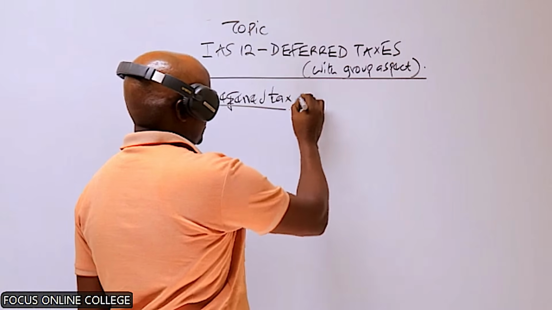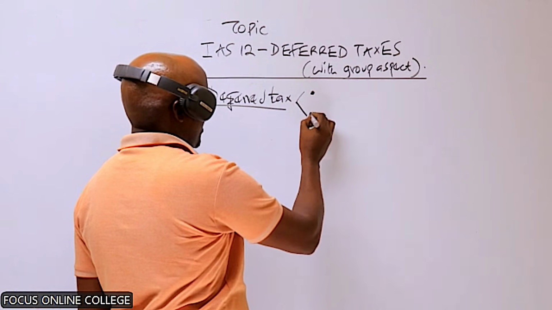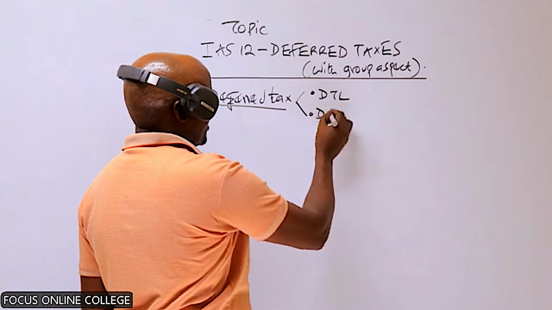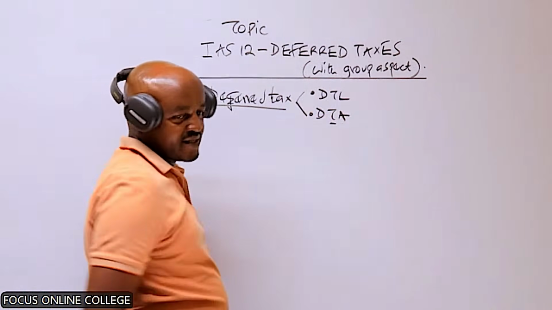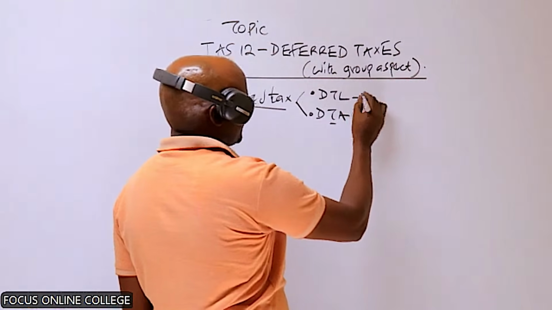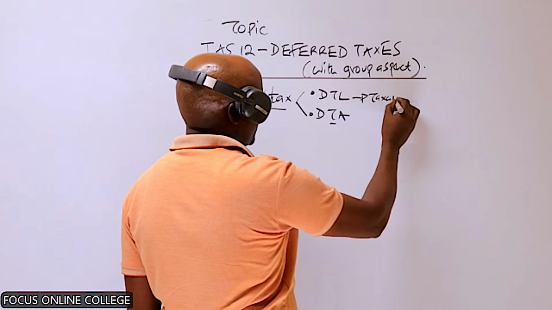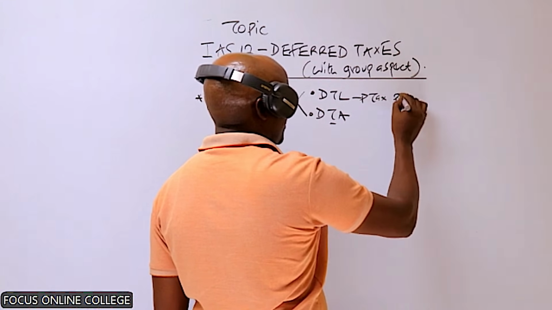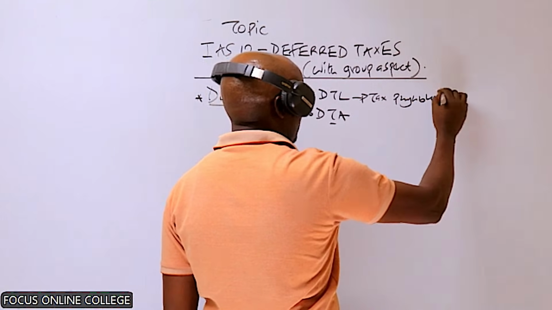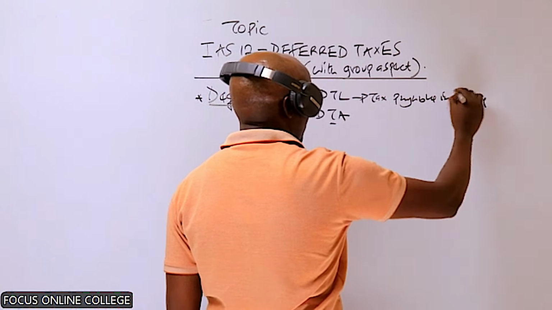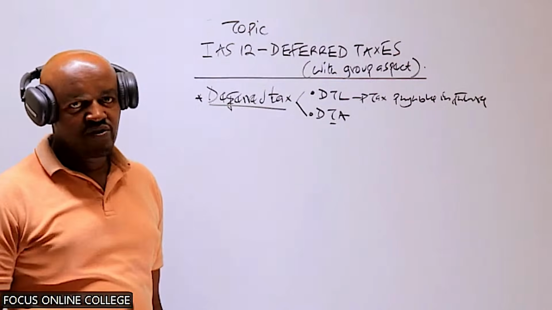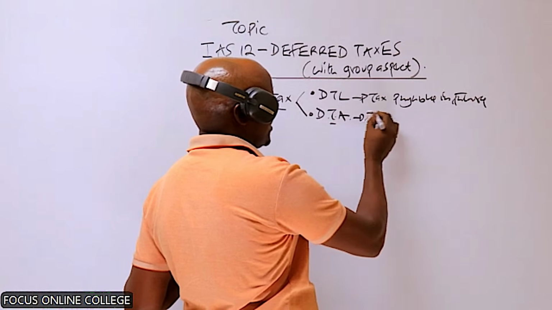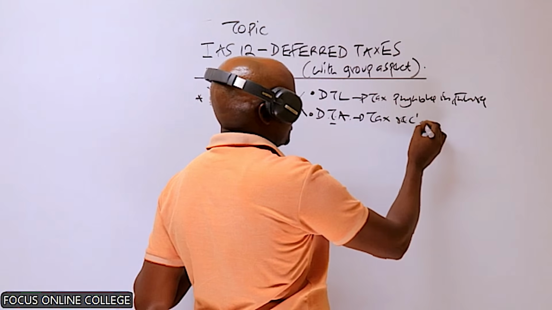It is also important for you to recall that we have two types of deferred tax. One, we have a deferred tax liability, and then we also have the deferred tax asset. A deferred tax liability is a tax which is payable in the future. A tax payable in the future is referred to as the deferred tax liability. On the other hand, a deferred tax asset is a tax which is recoverable in the